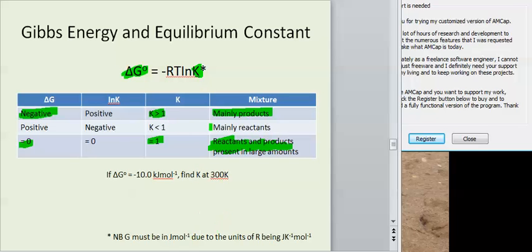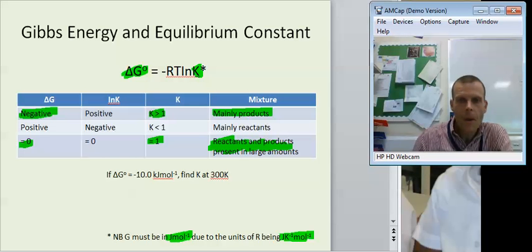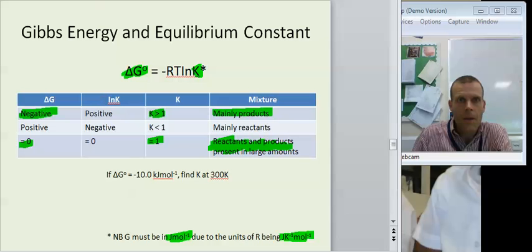So when we're doing calculations with this, we just have to watch out for one thing, because of the units of R. I know we usually use G in kilojoules per mole, but we want to be using it in joules per mole. So we can just plug the numbers in. My delta G is minus 10, but remember I want that in joules per mole, so I'm going to multiply that by 1,000,